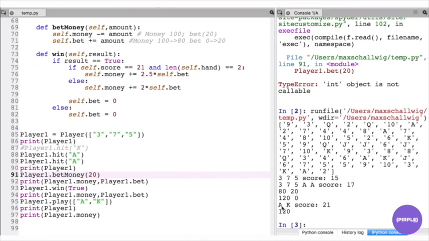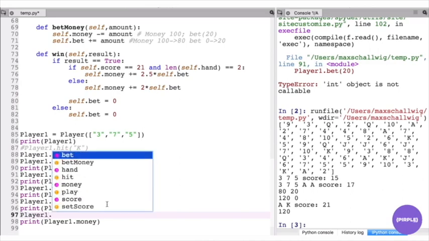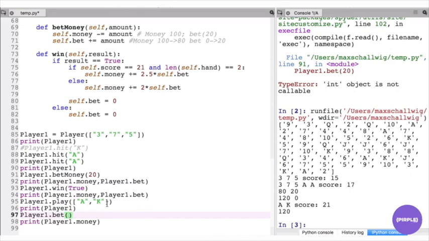This time we see our cards as an ace and a king, which gives us a score of 21, and we see our money. So what happens if we now just maybe bet and win one more time, just to make sure the BlackJack function wins too? So if we say player1.bet, we have to call it, it's called bet money. So if we go into player 1 and we bet money, let's say we bet another 20, and then we're